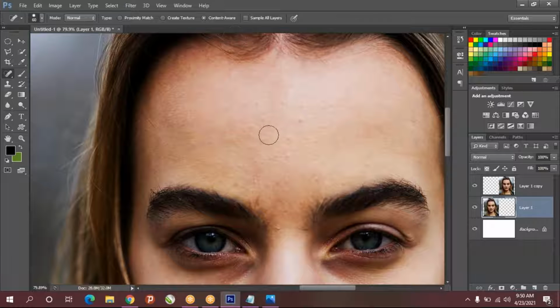And increase or decrease the brush size. Just one click on, sorry, this layer you have to select. One click on the pimple, and automatically the pimple will get removed.